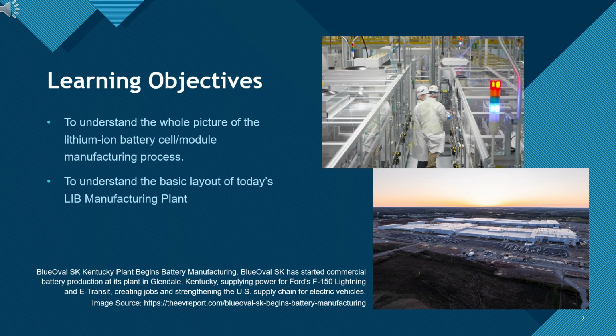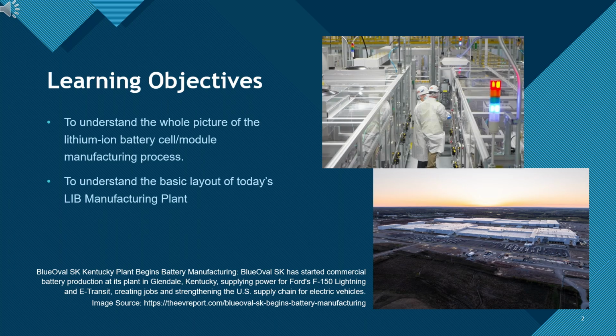Learning objectives. This session provides a high-level view of the full lithium-ion battery manufacturing chain, from individual cell production to module and pack assembly. Our goal is to help you understand how all major processes fit together, and how today's large-scale factories are organized to support mass production. By the end of this module, you should be able to: 1. Describe the overall flow of LIB cell and module manufacturing. 2. Recognize the typical layout of a modern LIB production plant and understand why processes are arranged in a specific